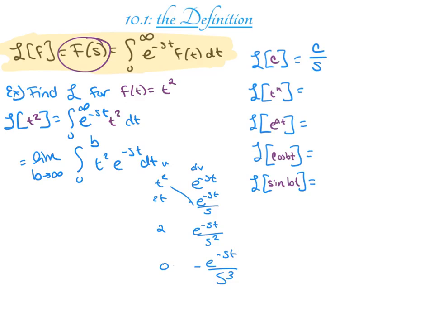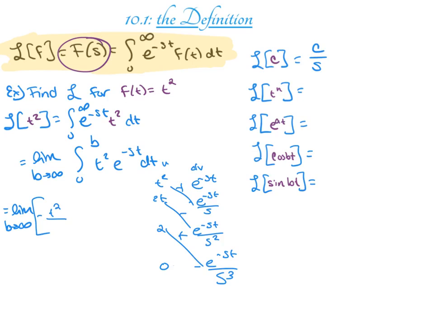Great, so we have plus, minus, plus. So we have the limit as b goes to infinity of the quantity negative